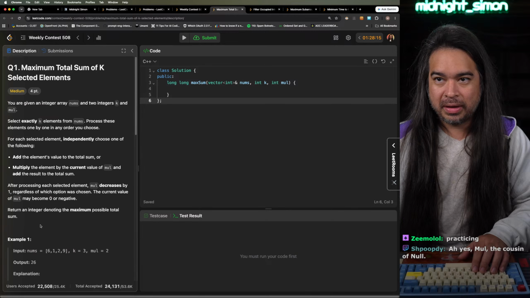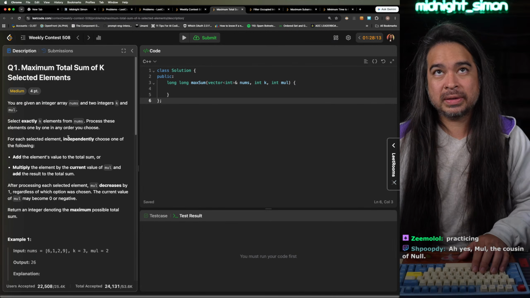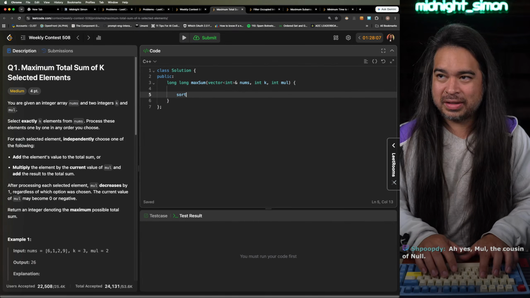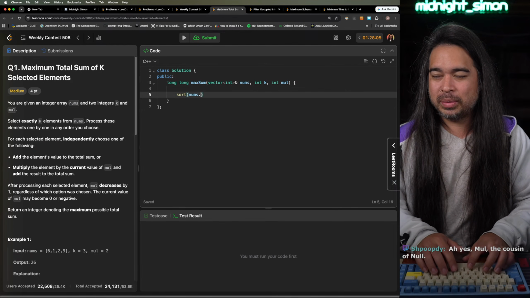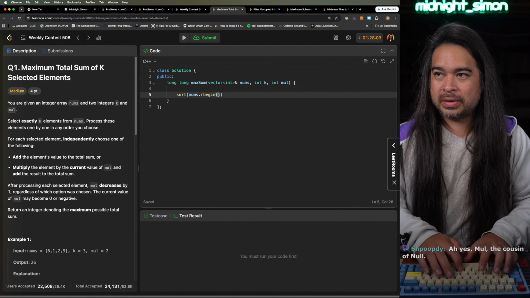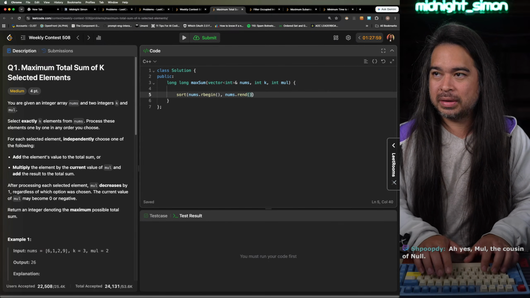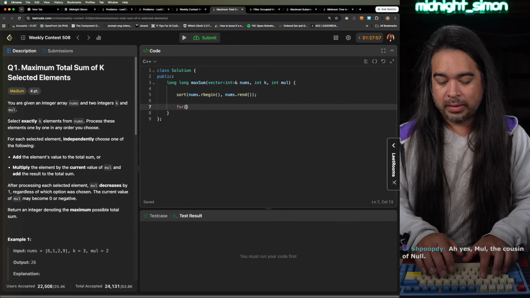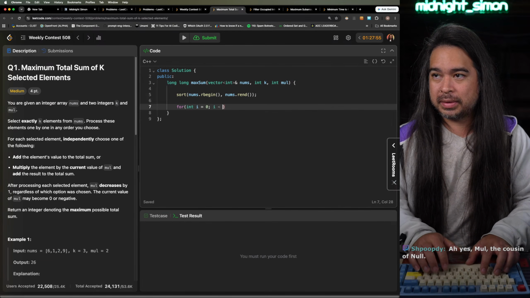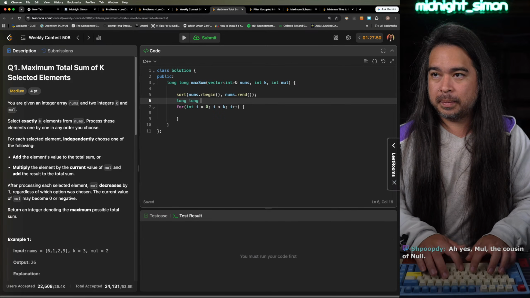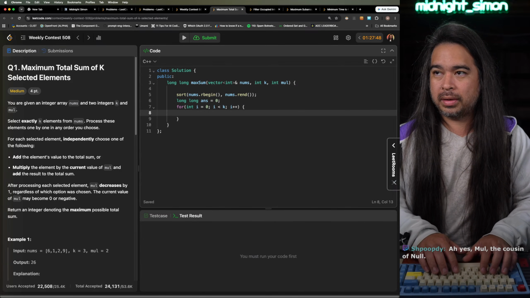So I'm thinking maybe we should sort and then just do the top K. That sounds a little too easy, but this is a Q1. So I sort in reverse so that the largest numbers come first, and then I iterate K times. And then I just, oh